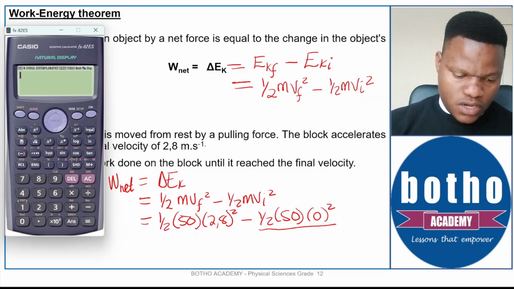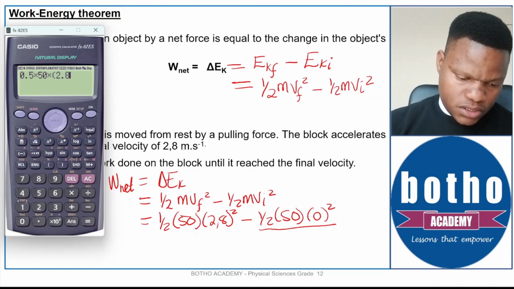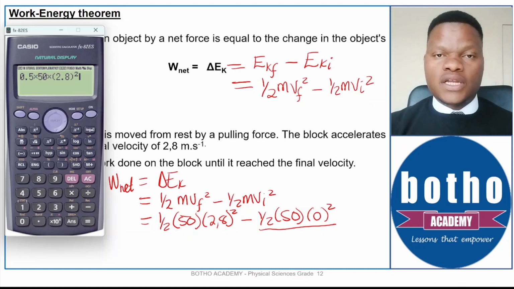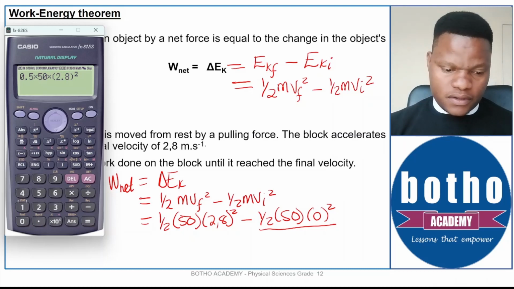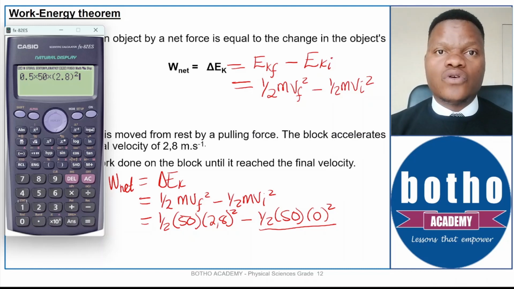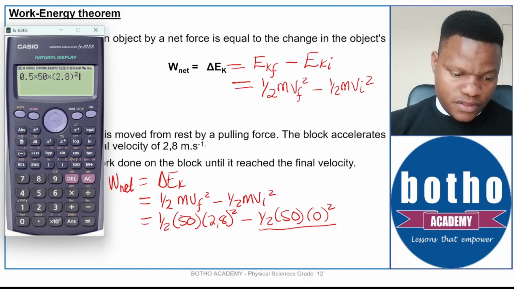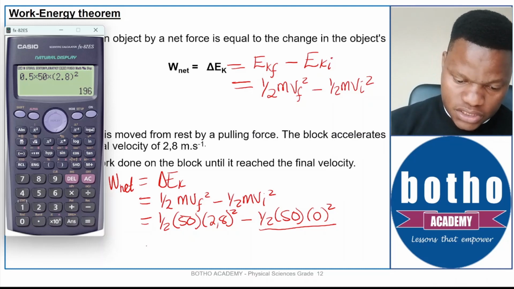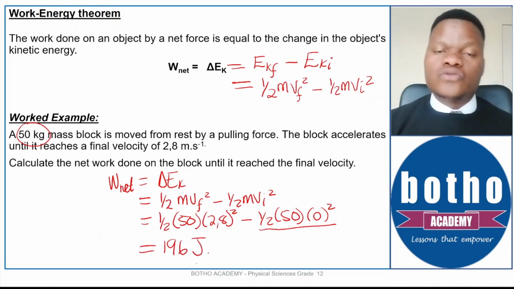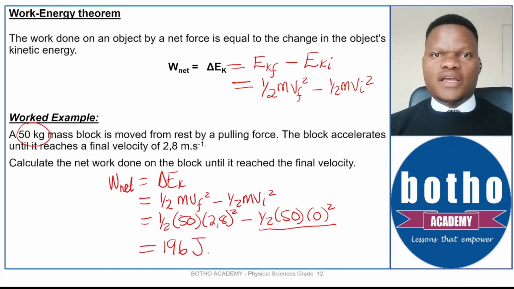Now we are going to say, okay, 1 over 2, which is 0,5, multiplied by 50, multiplied by 2,8 squared. Remember, we only square the 2,8. We don't square everything in the formula there. We only square the velocity in the calculation for the kinetic energy. Now in this case, our answer will be 196. So the answer is 196 joules, and that is one of the ways you can apply the work energy theorem